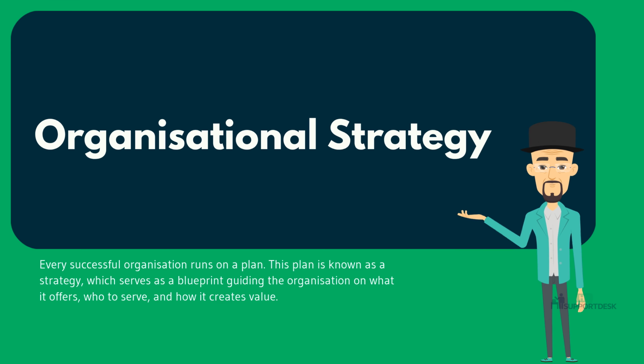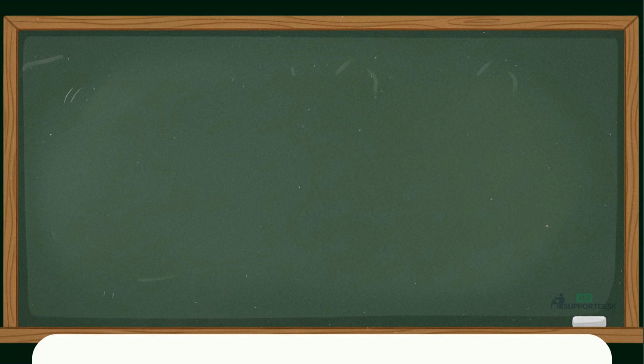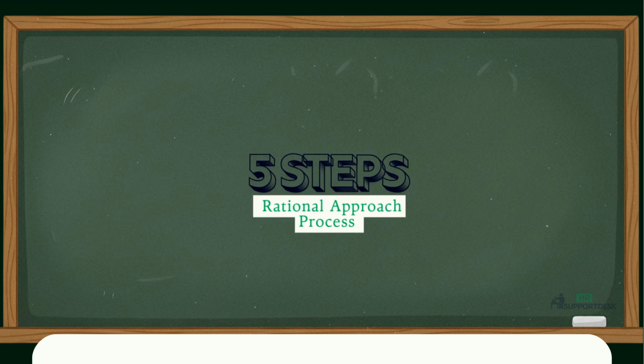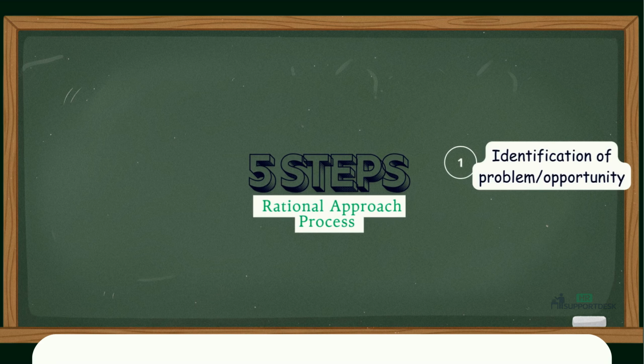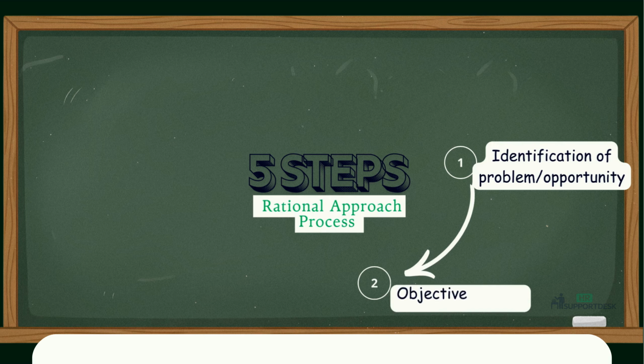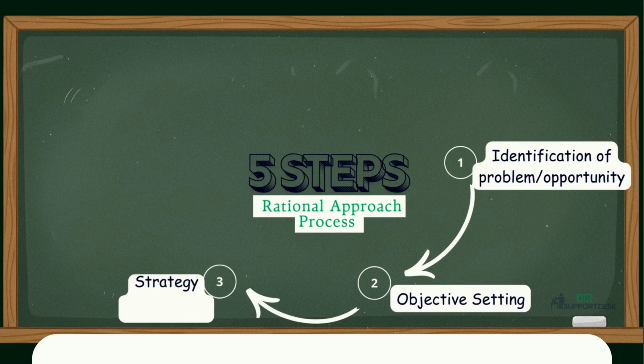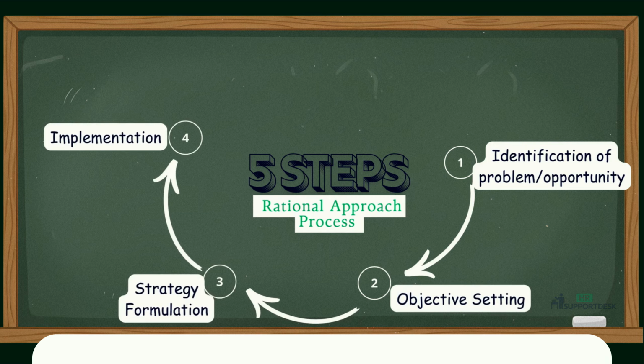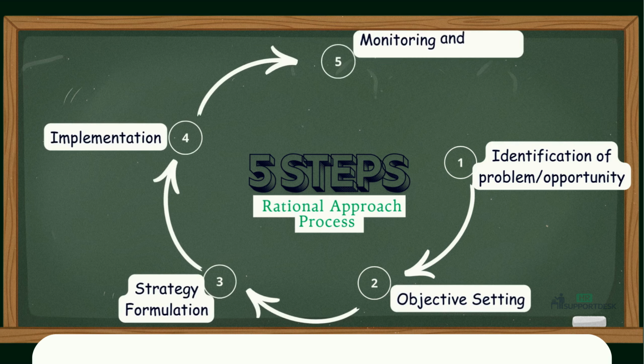Applying a rational approach in strategy formulation ensures that the process of arriving at the strategy is clear, structured, and evidence-based. In practice, a rational approach typically follows 5 key steps: identification of problem or opportunity, objective setting, strategy formulation, implementation, and finally, monitoring and reviewing the results. When done right, this process ensures that strategic decisions aren't just theoretical, but also align with real customer expectations and